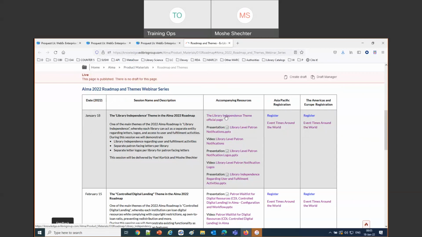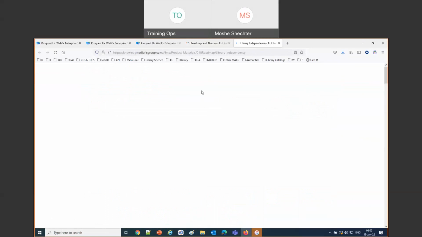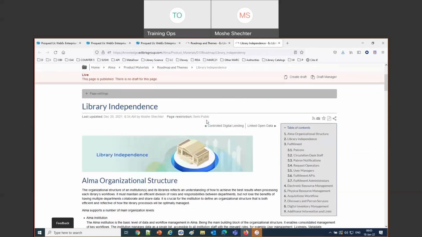And this is the official link to the Library Independence theme page, which describes overall this whole idea of library independence and the many areas where each library can function as an independent unit within the entire institution.